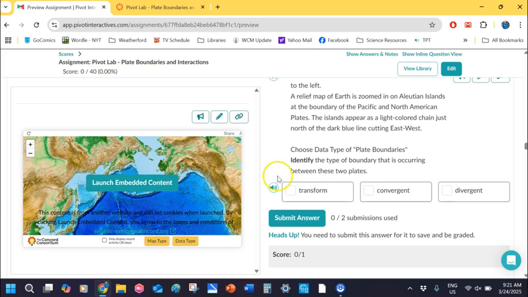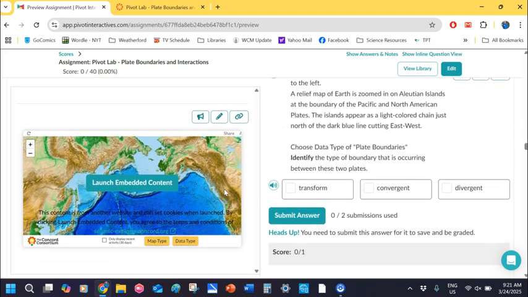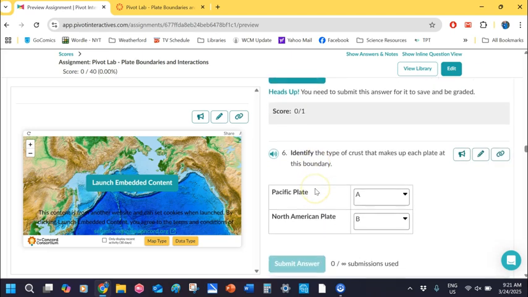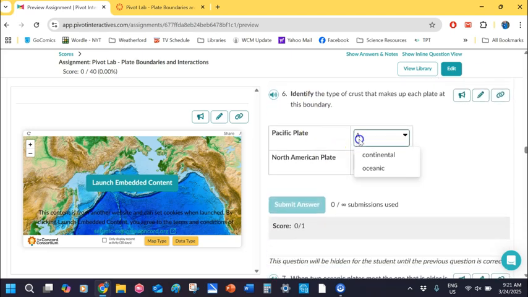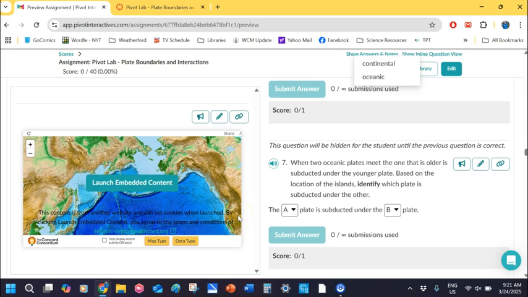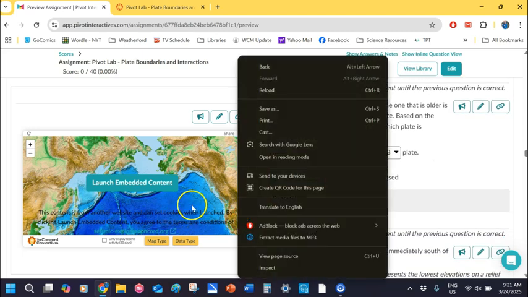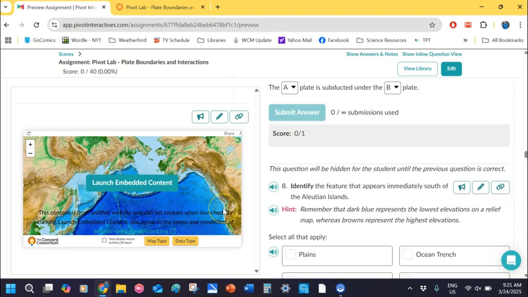Once again, here we go. They start doing this. They're going to start asking you, giving you pictures, asking what kind of boundary. That's where you look at the key, and it tells you what color the boundary is. Will tell you that. Crust, obviously, you just look at it, and then you decide, is it continental, oceanic? Okay, that's pretty straightforward. Which one goes underneath the other one, and so forth. Okay,